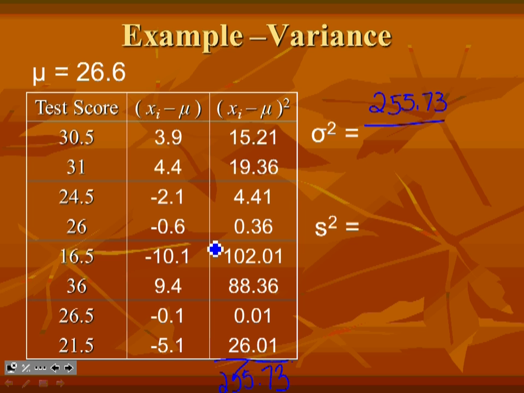What goes in our denominator? The n. What does the n represent? Population size. So what is the size of our population here? 8 numbers in our list. So our population size is 8. Do some very fantastic division, and the answer is